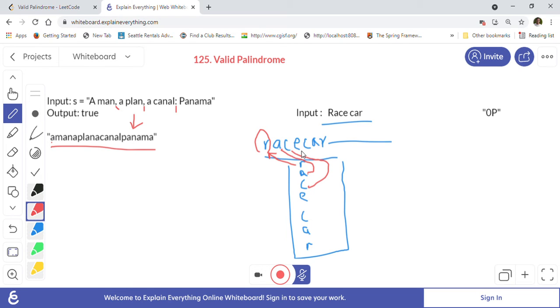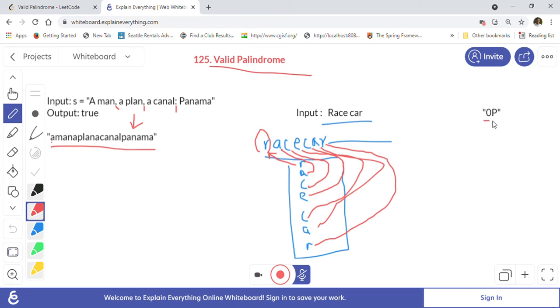So again both are same, so we will keep doing it. As you can see, when we pop this, we are getting the same characters because this is a palindromic string. So C, then we will compare A with this A when we pop this A, and the last character is R. When we pop the last character R, our stack becomes empty, all the characters match with each other, so it is a palindrome. So this is the approach we will be taking to decide if it is a valid palindrome or not.